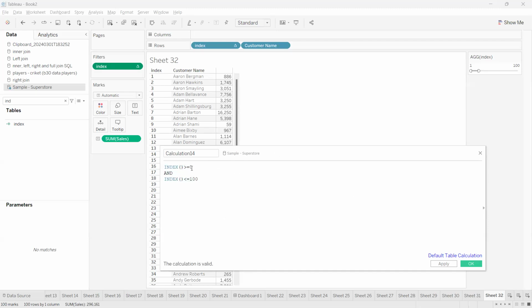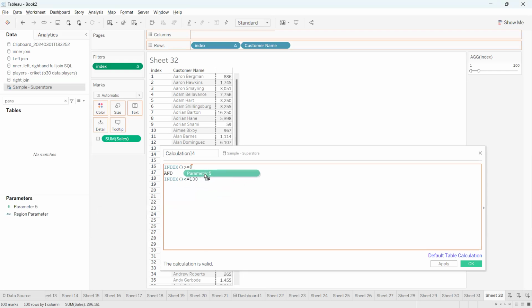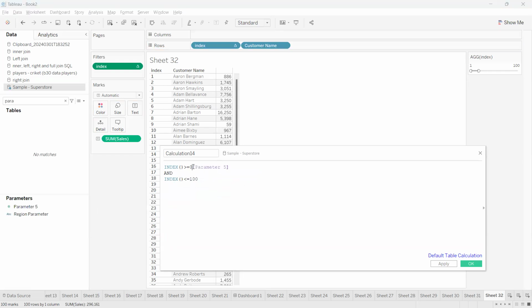Let me tell you completely. We have created a parameter here, right? Instead of using these values, I'll use the parameter here. You see what the parameter will do. I'll use the same parameter here also. Control C, Control V. So what it will do is, when I select the parameter as 100 first,